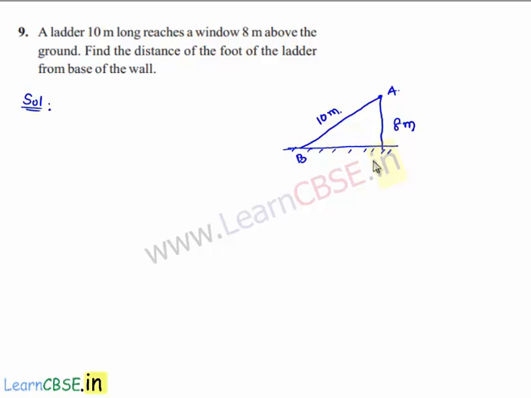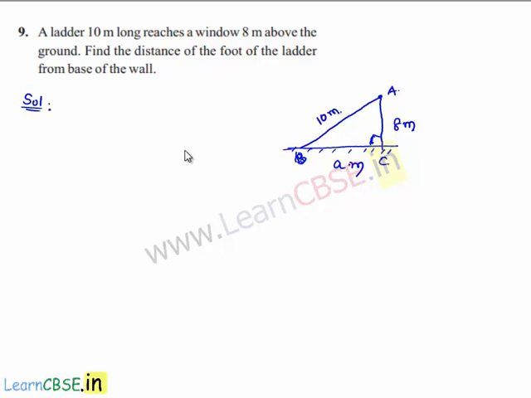Here the contact of the wall with the ground be C. Then the foot of the ladder from the base of the wall is BC. So let us assume it as a. This looks like a right angle triangle ACB is formed